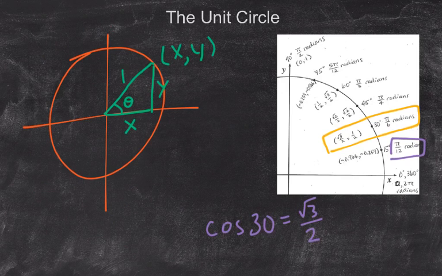The hypotenuse is 1 because I'm in a unit circle. And so the cosine of theta is x over 1, which is just the same as x. So the x-coordinate is the cosine of theta. The y-coordinate is the sine of theta. And now I can use the fact that circles have symmetry to fill in quadrants 2, 3, and 4 on